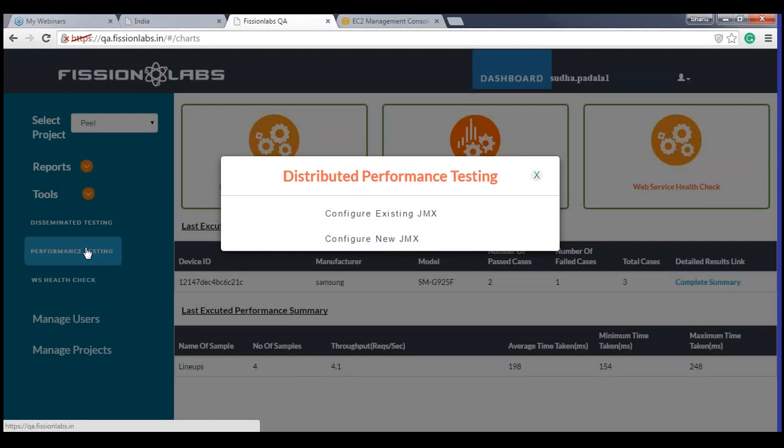If you already have a JMX, or basically the back end of it is totally done using JMeter, you can configure an existing JMX and upload it and put it for execution, or you can configure a new JMX. Let me first show you the option of new JMX.